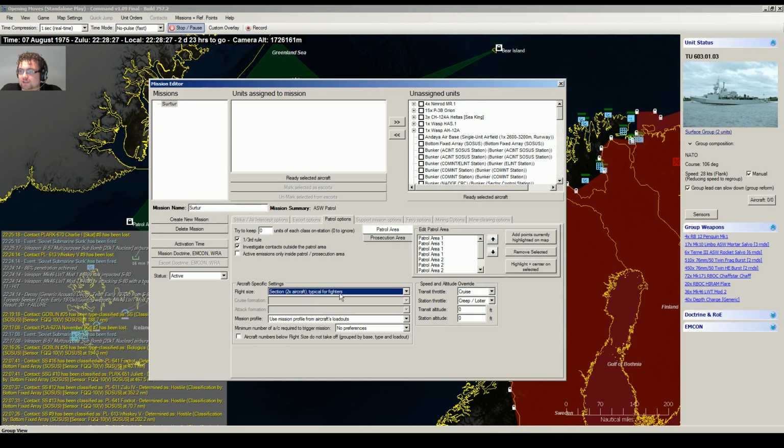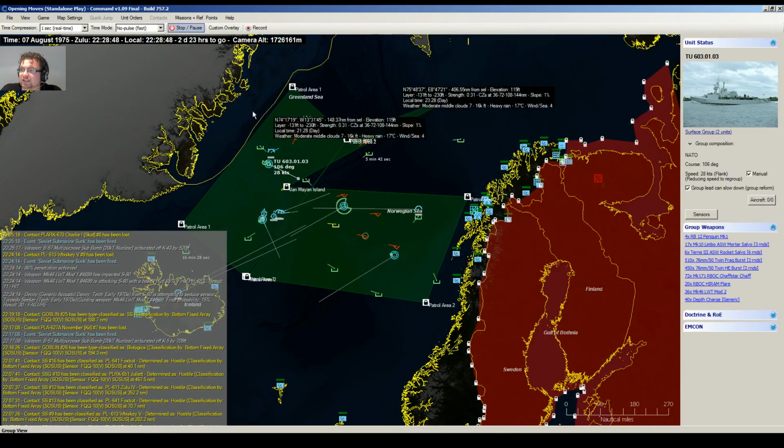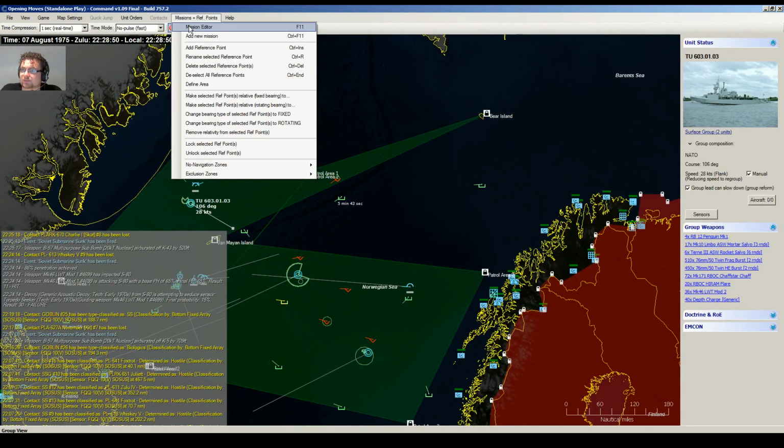If you have strike missions, you can set the formation you want to give to them. All kinds of ways to tweak the mission if you wanted to, but you don't have to do it. If you leave it as default, the AI will pick what it thinks is best in this case. And then you set the patrol area. Here the patrol areas have been set by the mission in advance, so you can select these, but you can very easily set your own patrol points actually. So let's go back to the mission editor and